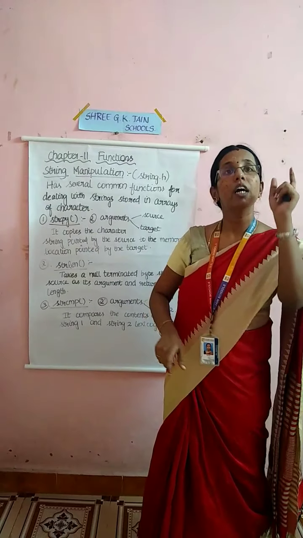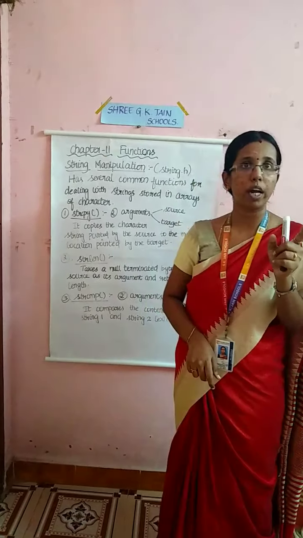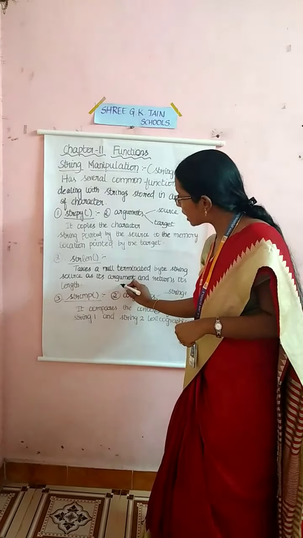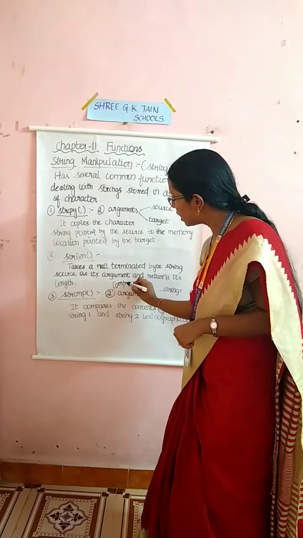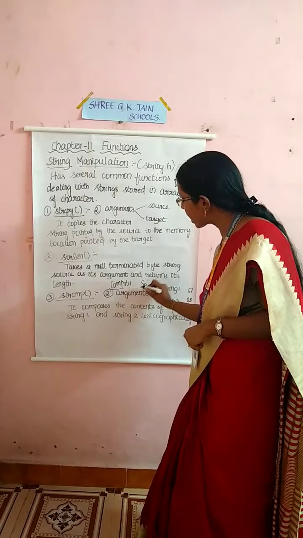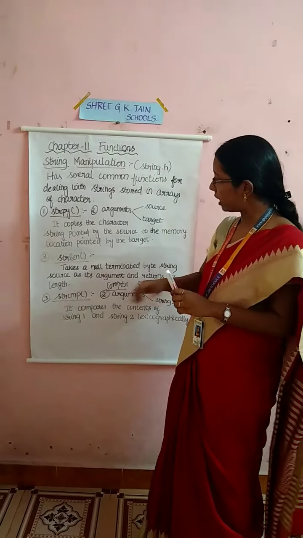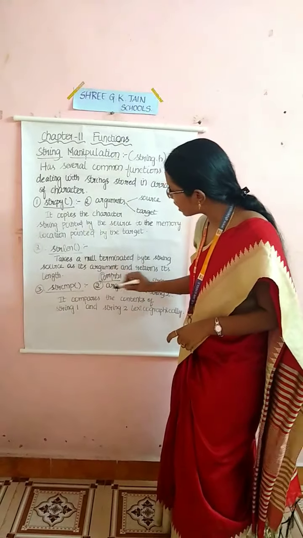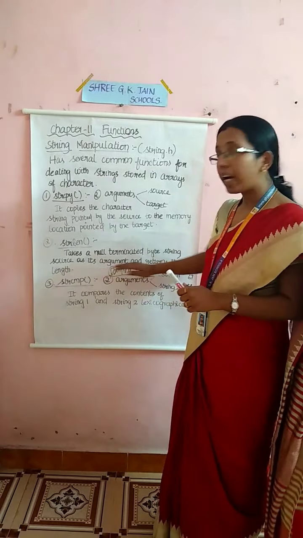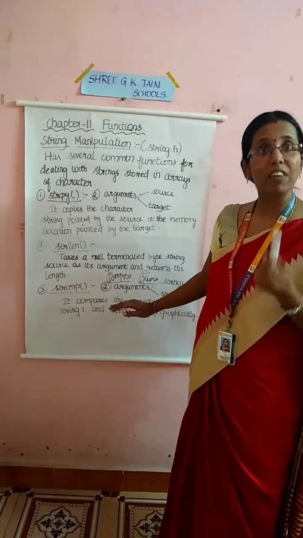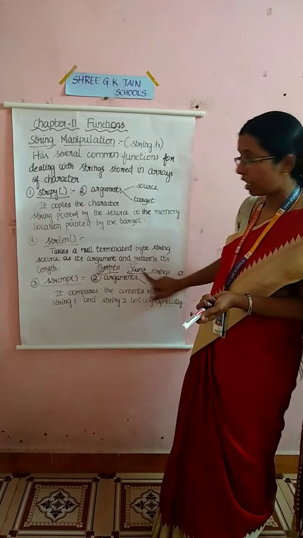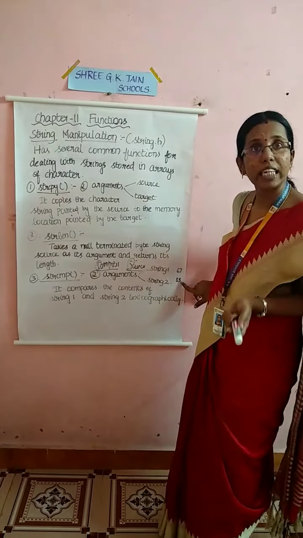That is nothing but the first character of your string 1. For example, I will tell you the example afterwards. If I am taking the same example as computer science, the first string is computer and the second string is science. The first character will be compared first. So the comparison will be based on the ASCII values of your characters. So C takes the ASCII value 67 and S takes the ASCII value 83.